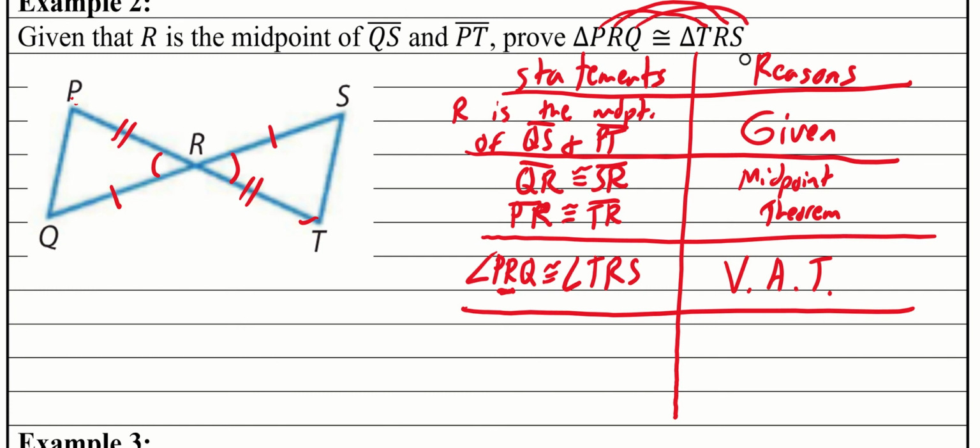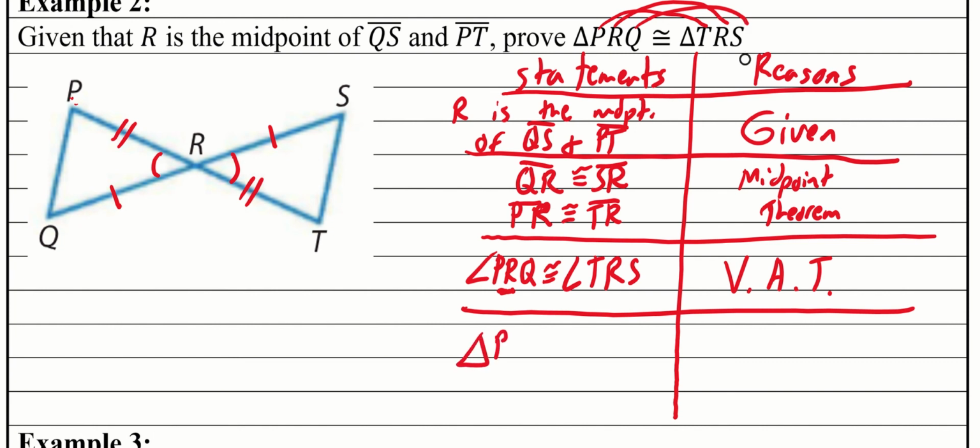And now I've answered those 2 questions. What do I know for my given, and what do I know for my diagram? And like I've said before, once you answer those 2 questions, you're almost always done. You almost always have enough information to match one of your theorems here. So by looking at this picture, I do have enough information, so I can go ahead and say what I